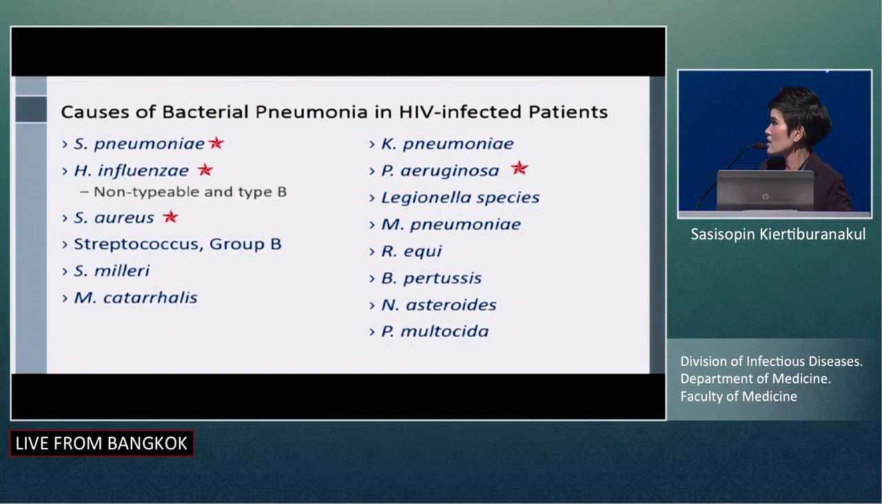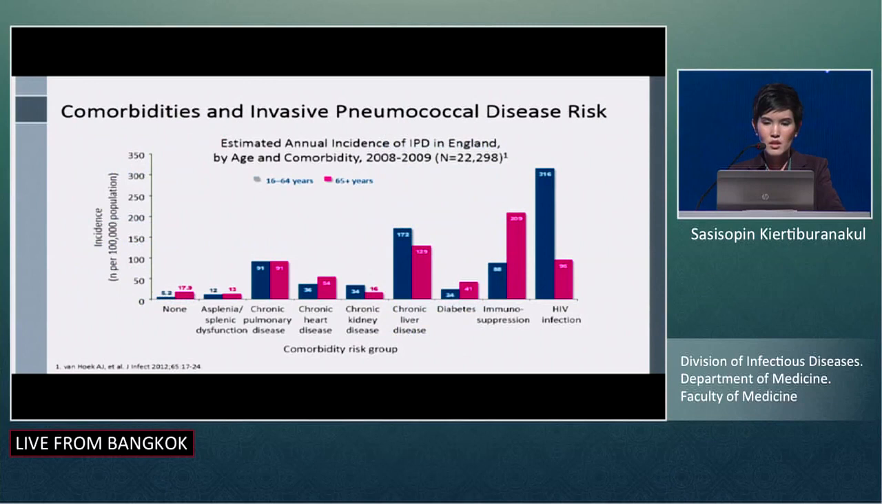But with the star, you can see some pathogens that are more common in HIV-infected patients, such as strep pneumo, Haemophilus influenzae, Staph aureus, and Pseudomonas aeruginosa. This is